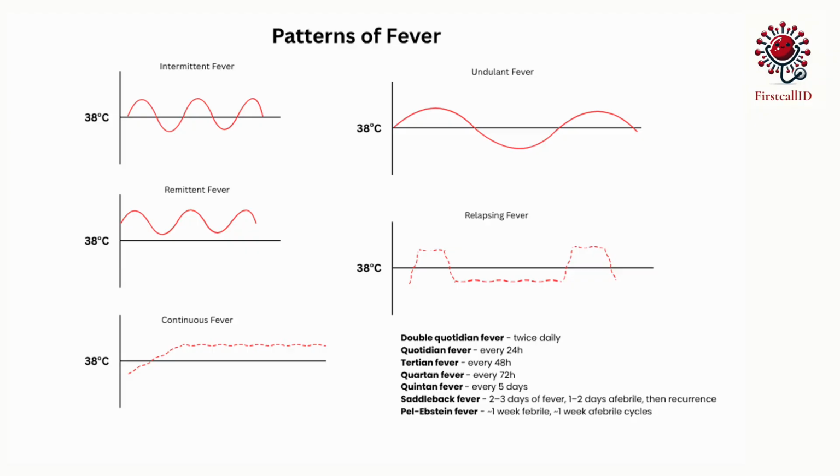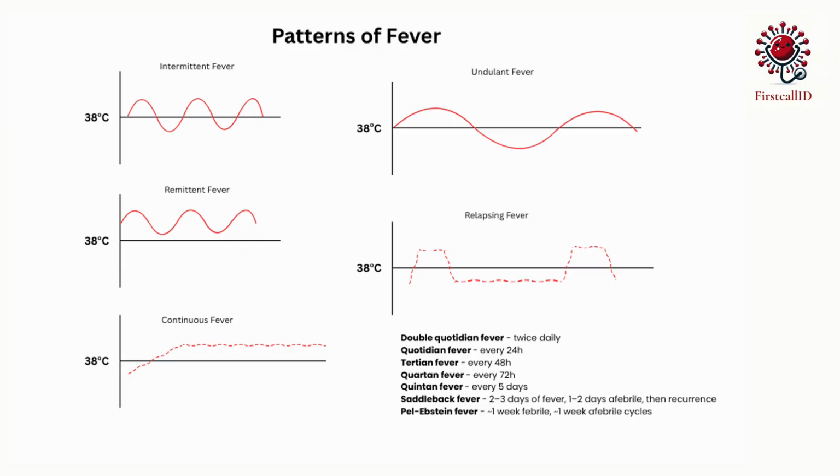Remittent fever is a situation where the temperature is persistently greater than 38 degrees Celsius, but varies by more than 1 degree. Continuous fever is similar, where there's a sustained temperature over 38 degrees Celsius, but much less variation in the temperature. These two types of sustained or continuous fever are often attributed to things like typhoid fever, infective endocarditis, or even